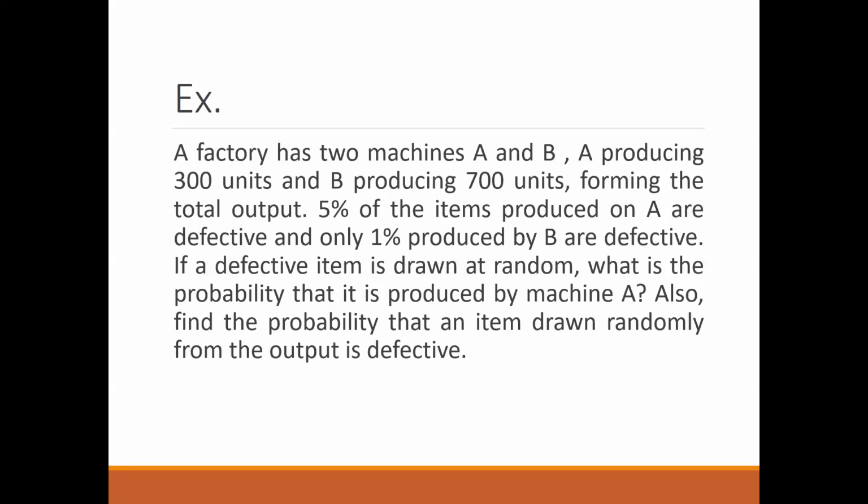Please make use of the Bayes theorem. You can consider A1, A2 as the 2 events. Okay, so we can consider A1 as the event that the item is produced on machine A. And A2 you can consider as the event that the item is produced on machine B. And then from there you can go ahead. Now for defective piece, you can consider D as the event. Okay, so there are 3 events which we have to consider here.